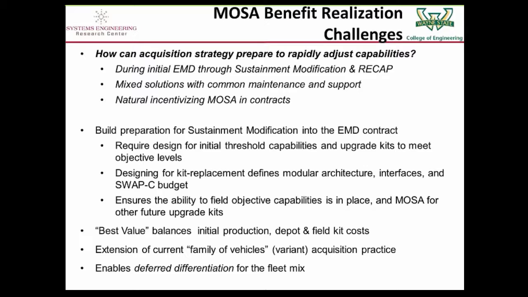We can functionally allocate power to the engine. We can functionally allocate some weight aspects to a suspension, but the actual quantitative requirements aren't known until the whole system is. So our whole strategy for decomposing, that reductionist strategy, is challenged. And so that's going to come back and be an important issue in how that's improved by the MOSA approach. And I think those are some of the main points.